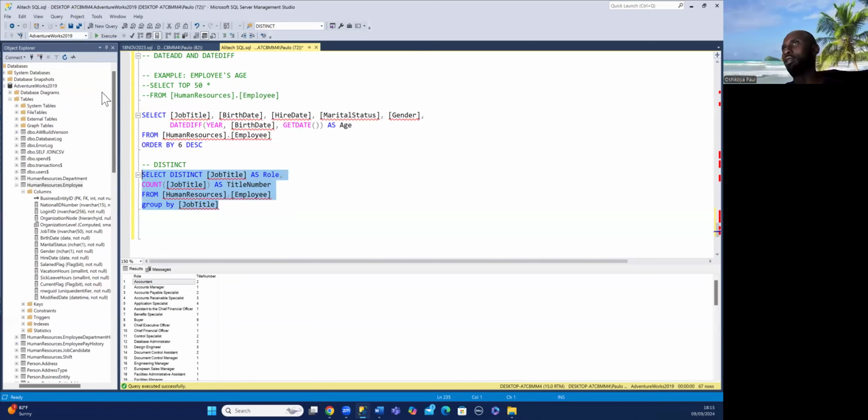Count means for all these job titles, count me all the job titles, how many of these job titles appeared for each of them. So yeah, if you want to know the number of job titles that you have, instead of counting it one by one, you can also say